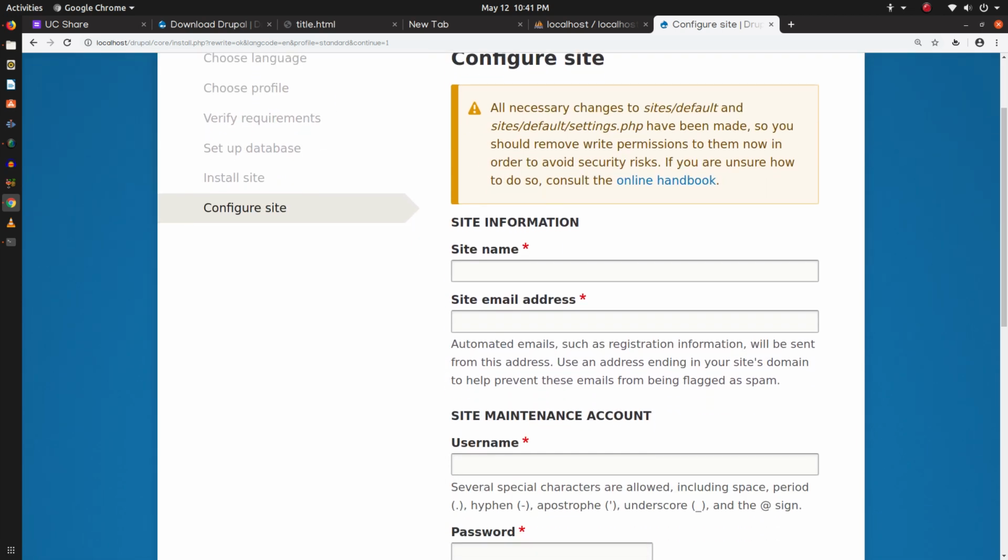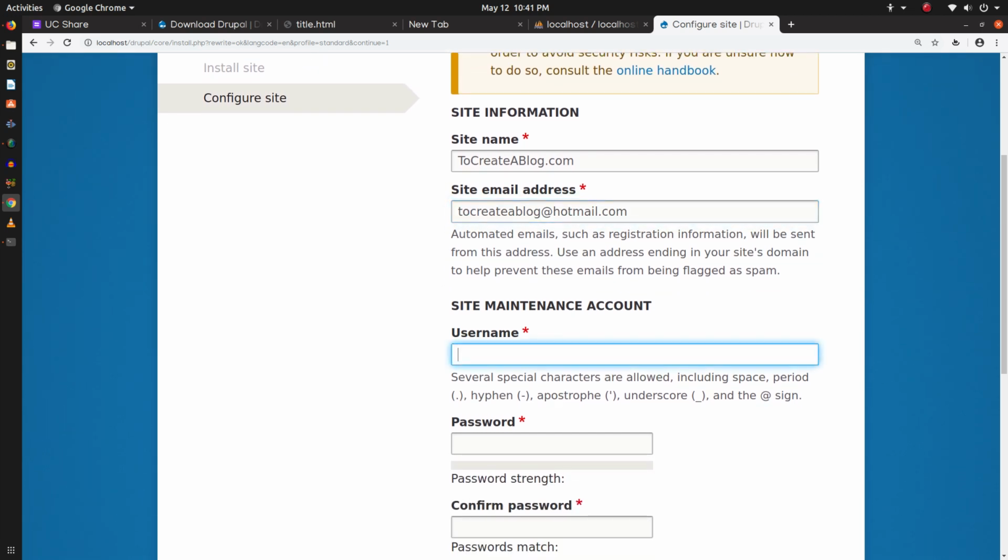And next we can add information about our website. So I'm going to choose to create a blog.com as my site name. To create a blog at hotmail.com, my email address, my username Tahir and password.